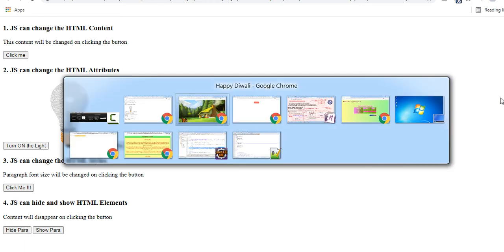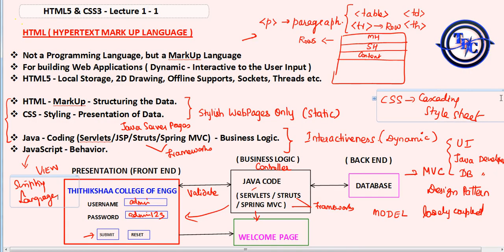This one I want to tell you, what is this JavaScript. I told you, instead of doing the business logic, I feel like Java coding is very hectic. So instead I want to have some small change in behavior. In such a case you can go for this scripting language called JavaScript or jQuery. This is a minimized version of JavaScript. You will have the extension as .js, and for HTML you will have .html, and for CSS you will have .css.